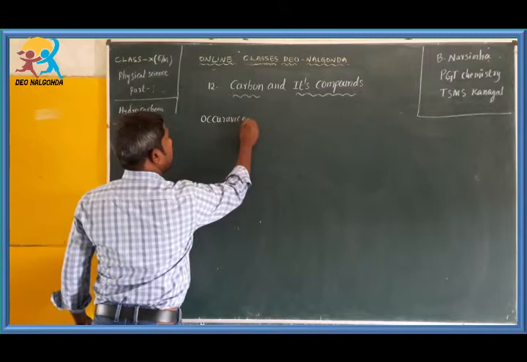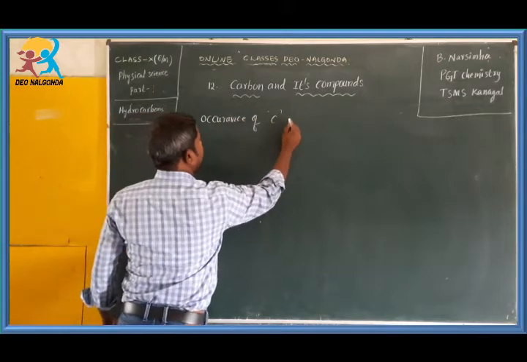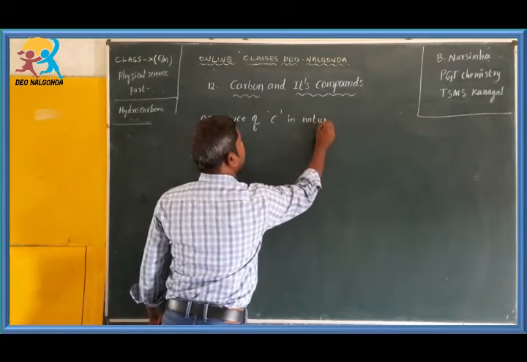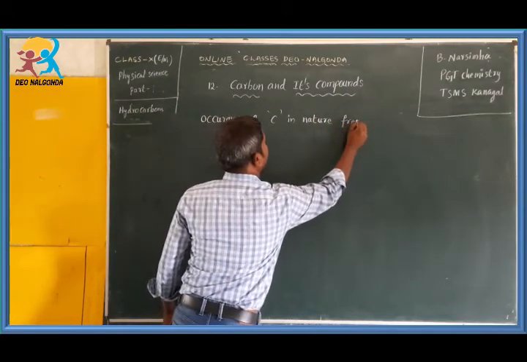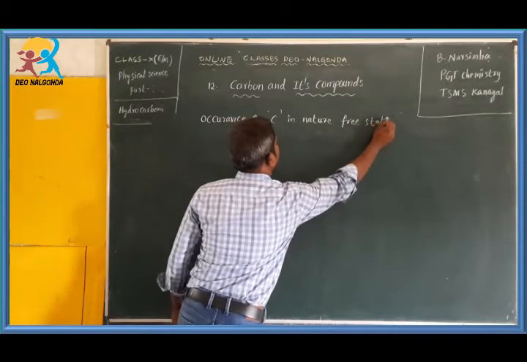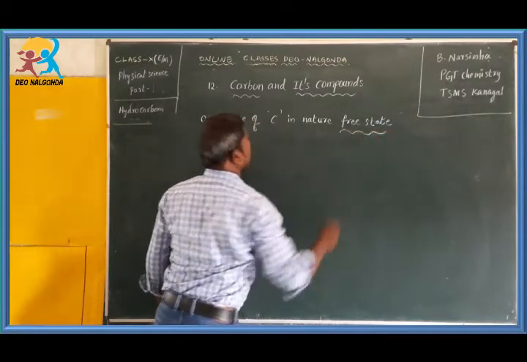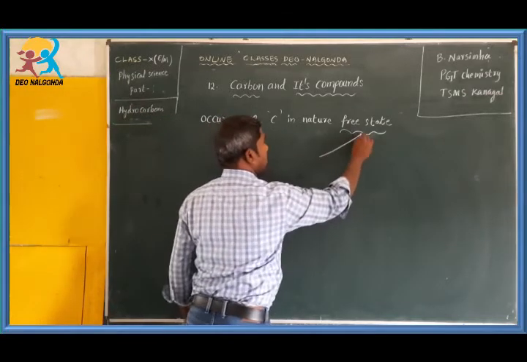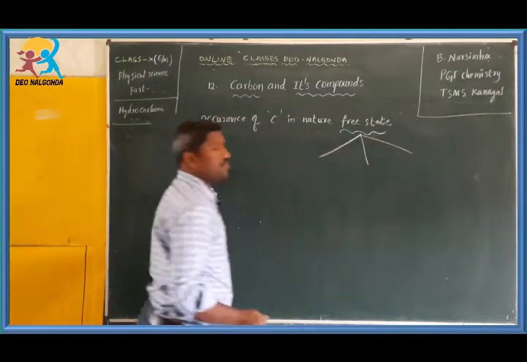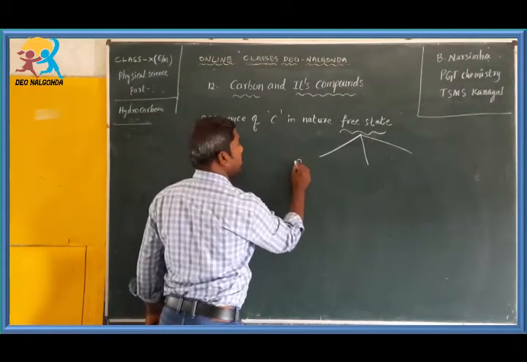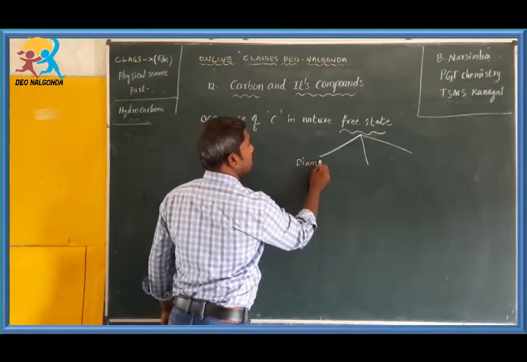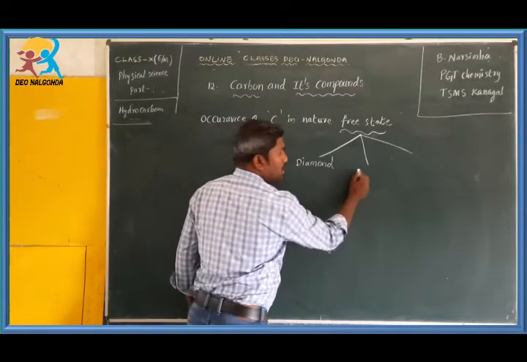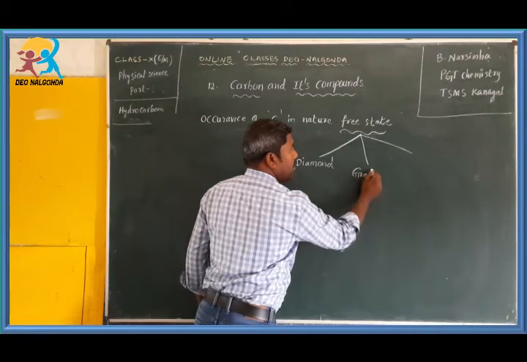Occurrence of carbon in nature in the free state. Free state means carbon occurring in nature in free form. Three solid forms are there. The first one is diamond, the second one is graphite, and the third one is